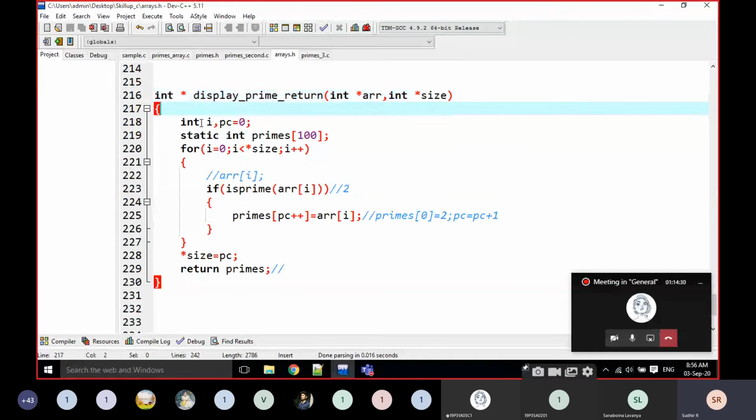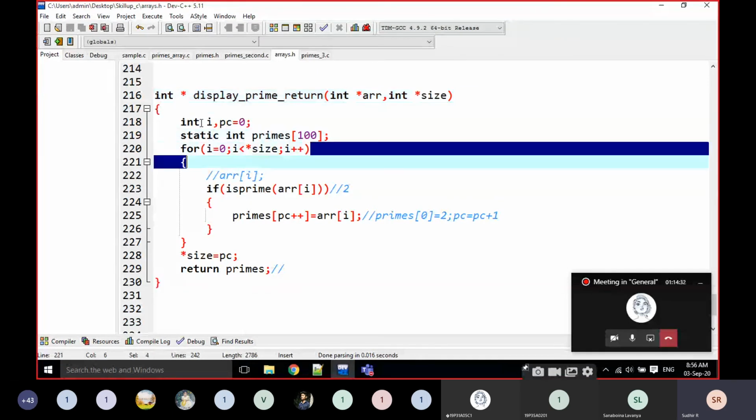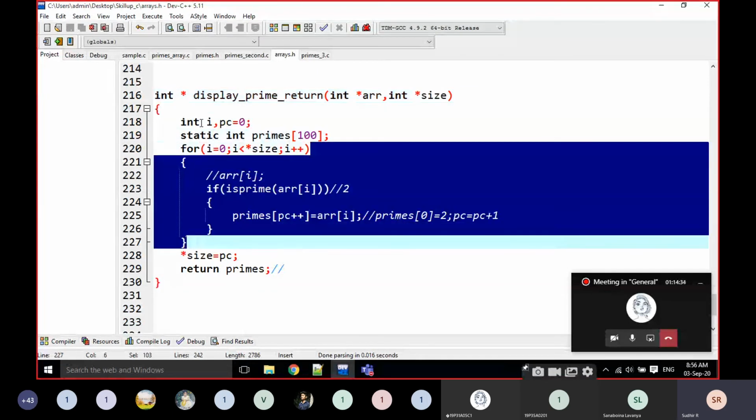The logic inside is the same, right? Inside the logic is the same. We are not modifying the inside logic.